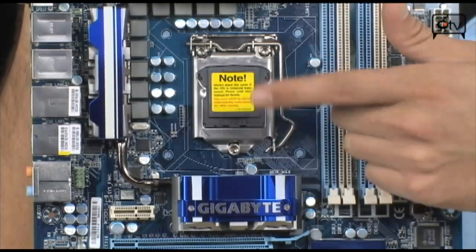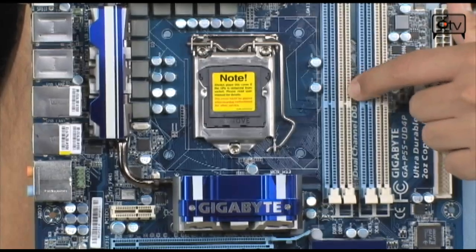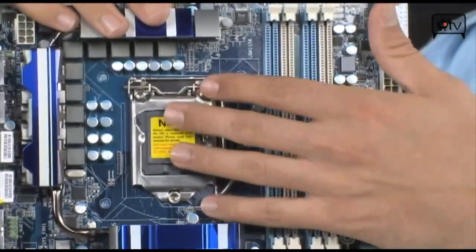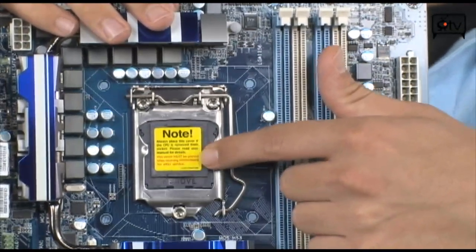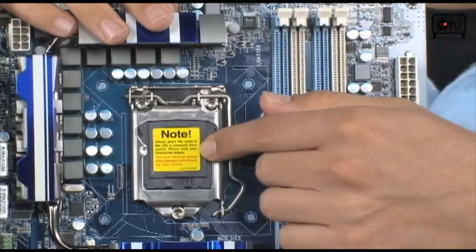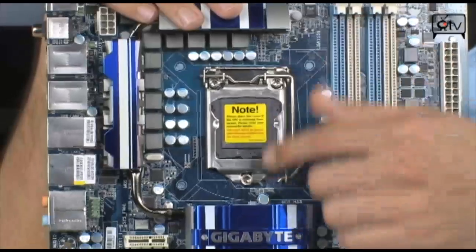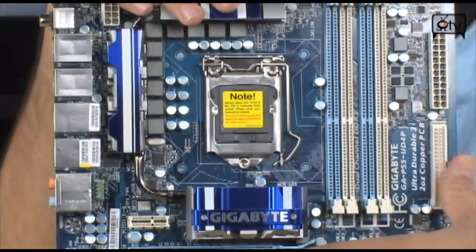Now, from X58, we did lose the QPI and the triple channel memory, but to be honest with you, that doesn't really do much as far as performance goes. Now the PCI Express bandwidth is going directly into the chip through something that they call a DMI, direct media interface. You no longer have to have the QPI to bring in your PCI Express. Now, it does have less PCI Express bandwidth through here. There's only 16 lanes in total,